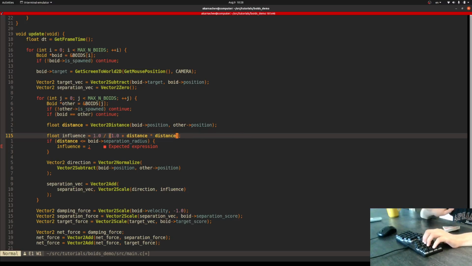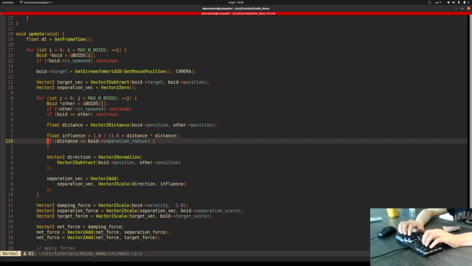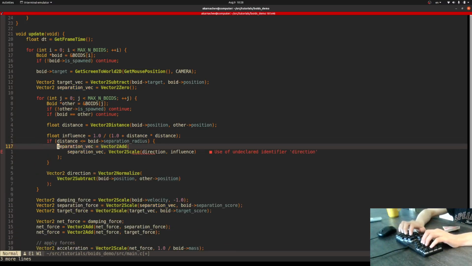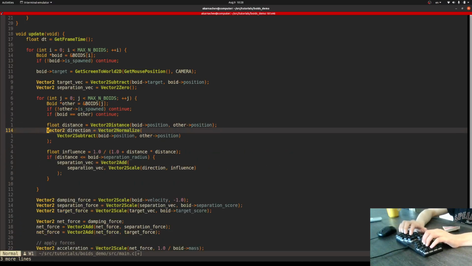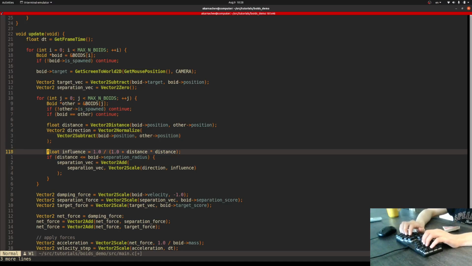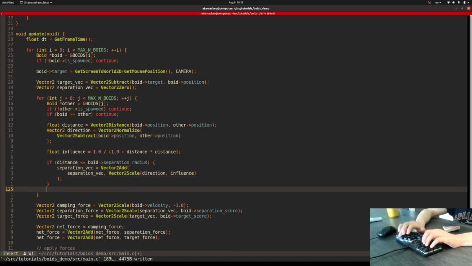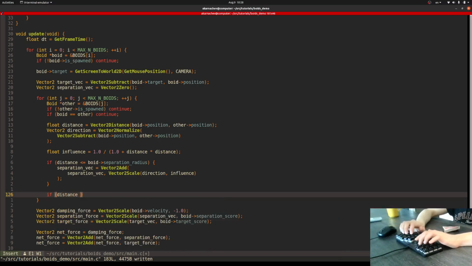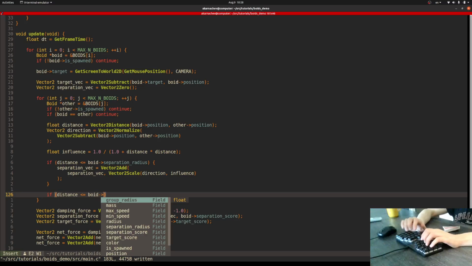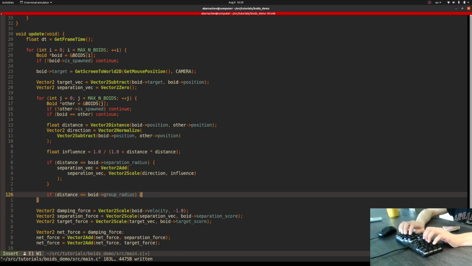So I won't have 0 influences, but if the distance is less than separation radius, I want to separate them. In this direction. I want to separate them. If the distance is less than or equal Boid group radius,